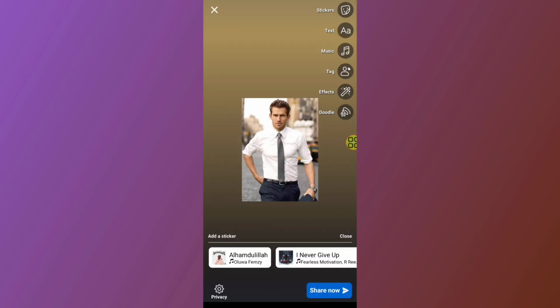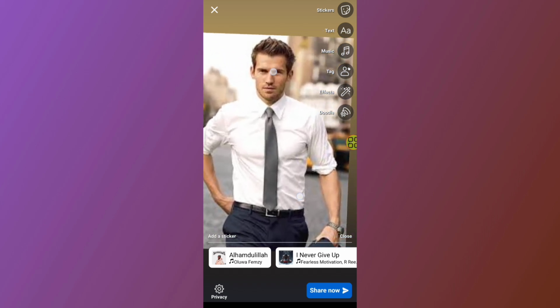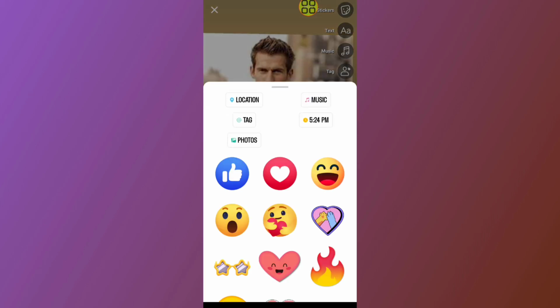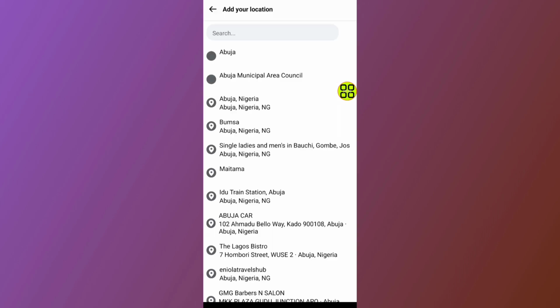After you just select your picture like this, if you want to add the location, all you have to do now is tap on this sticker button at the top right side. After you select the sticker, now tap on this location button, this one. After you select the location, here it will give you suggestions of different locations, but you can go ahead now and type a specific location that you want to add